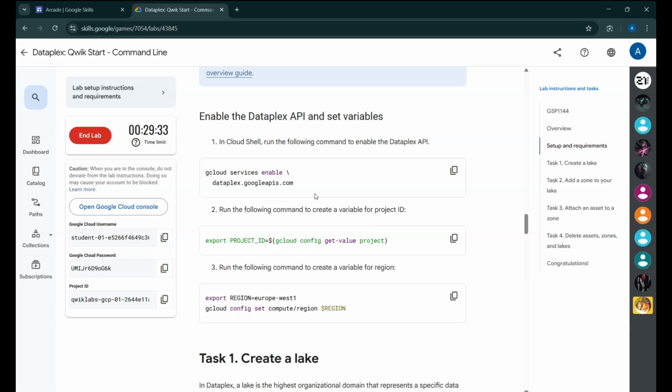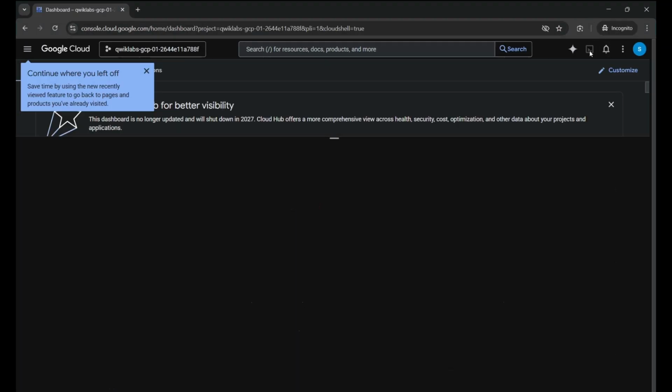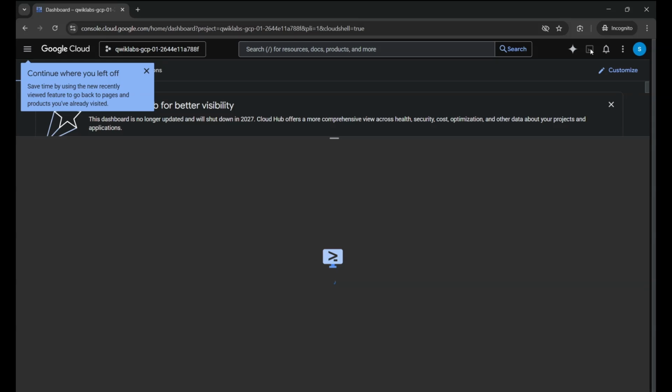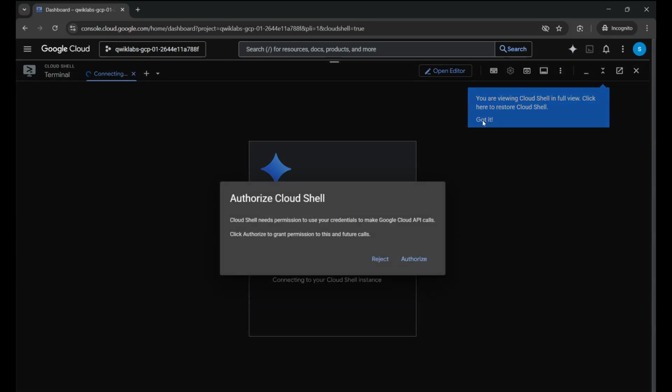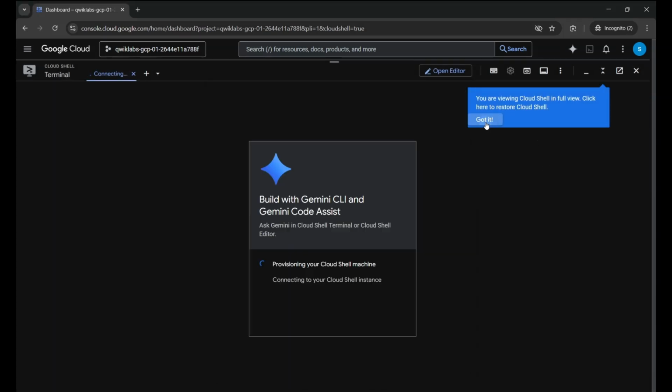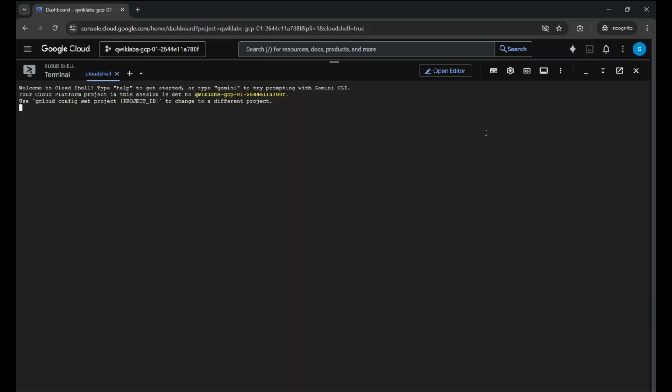सबसे पहले हमें कुछ कमांड्स रन करने हैं टू इनेबल द डेटाप्लेक्स एपीआई एंड सेट द वेरिएबल्स। सो इन कमांड्स को हमें रन करना है क्लाउड शेल में, एंड क्लाउड शेल को एक्टिवेट हम इस पर क्लिक करके कर सकते हैं। क्लिक ऑथराइज एंड यहाँ आपको कमांड पेस्ट करना है and hit enter to run।